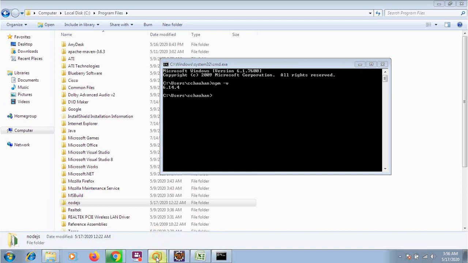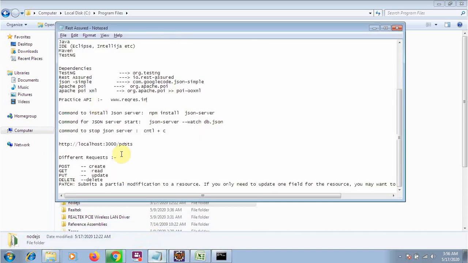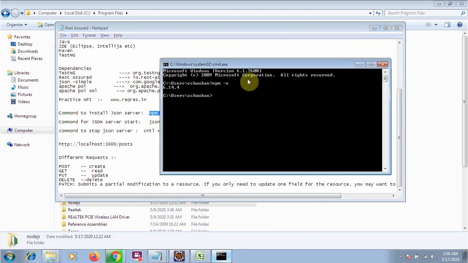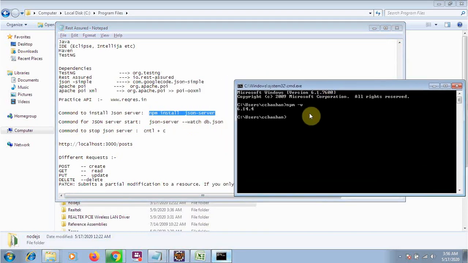Okay, so let me run it. There is one more command that I have already written. I will use the command npm install json-server. Just press enter.